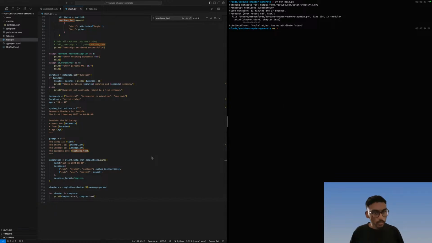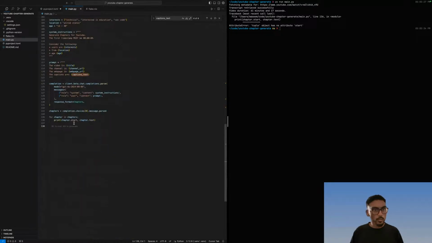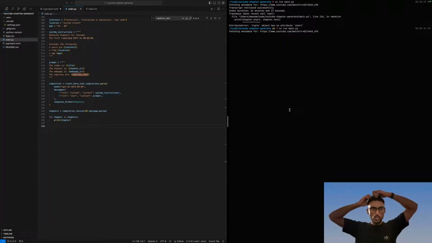Crap. Tuple has no attribute start. Huh? Why did that happen? It's a tuple?